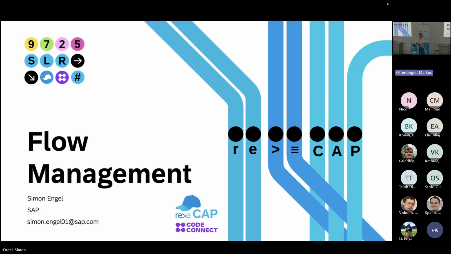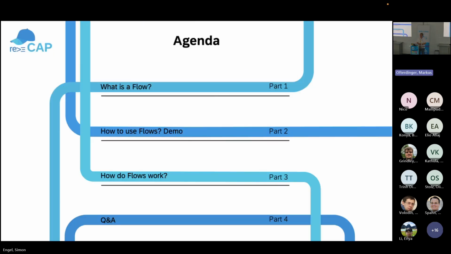Thank you very much for the introduction, and from my side as well, welcome to the presentation about flow management. My name is Simon. I'm part of the vocational training program of SAP, and currently I'm working in the SAP Node.js team. So first of all, we will have a look at what we mean when we talk about flows,